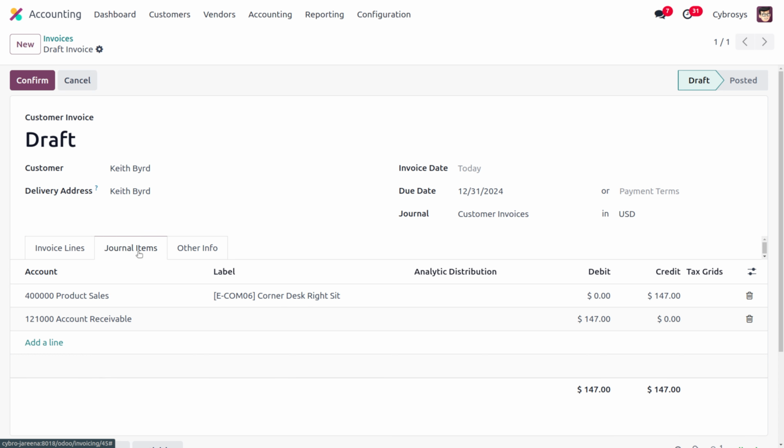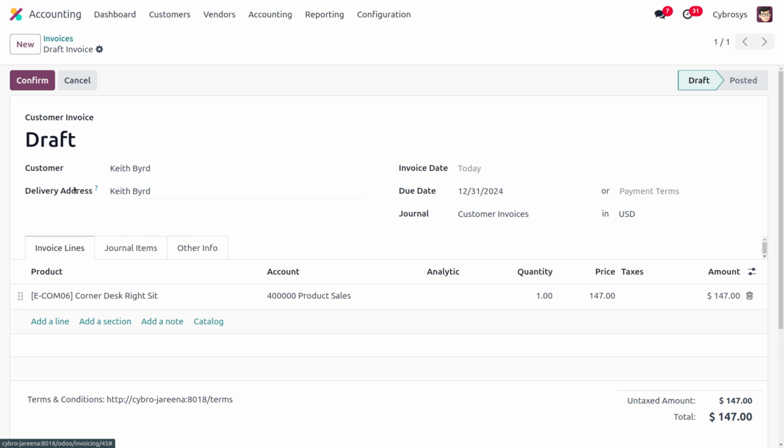And you can find the journal items over here. As we are dealing with invoices, in this case the product will be reducing from the warehouse, right? In that case, the asset is decreasing. Whenever an asset is decreasing, it will be marked under the credit side. When we sell an item to the customer, we will be getting monetization for that, so we are receiving an income. The income is a form of asset, so as the asset increases, it will be marked under the debit side, which is clear from here.